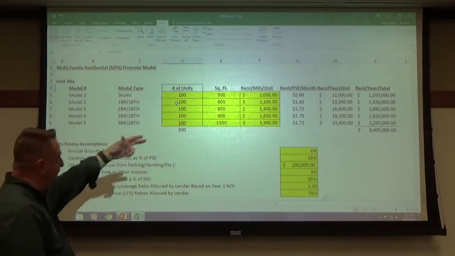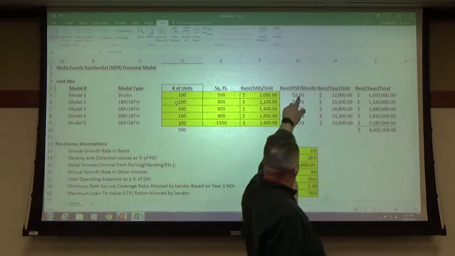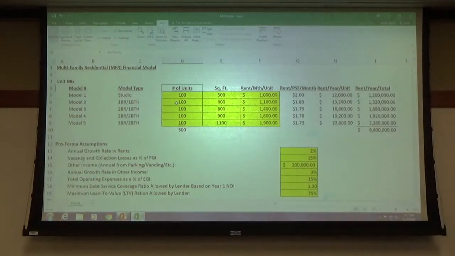So in this case, what are we seeing here? Anybody want to point out anything obvious? Decreases as the square footage increases. Okay, it decreases as the square footage increases. Any potential reason for that?